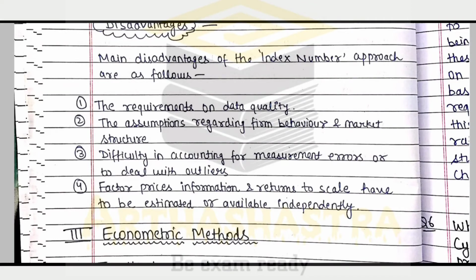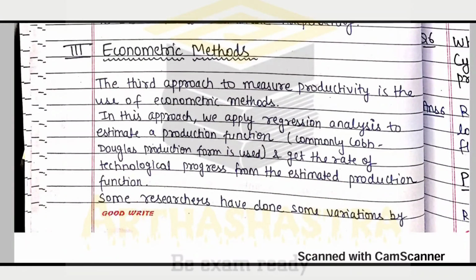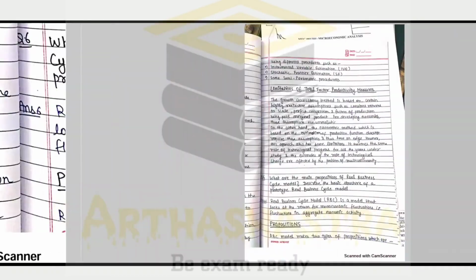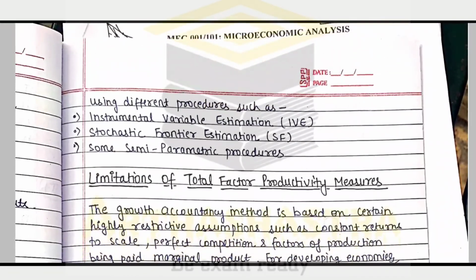Next we move to the third approach to measure TFP, that is econometric methods. In this approach, we apply regression analysis to estimate the production function, commonly the Cobb-Douglas production function. Whenever we talk about TFP, we generally use the Cobb-Douglas production function, and the factor that represents technology is nothing but the TFP factor. So that's for all approaches,